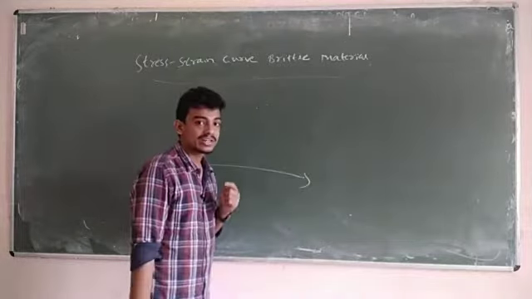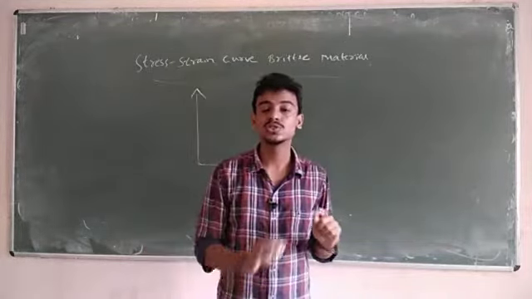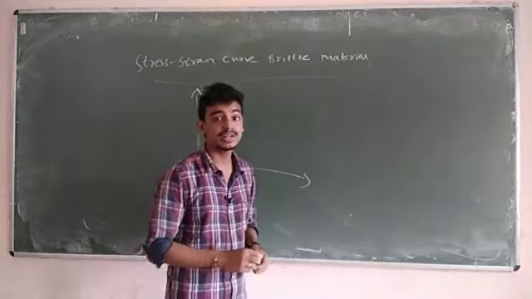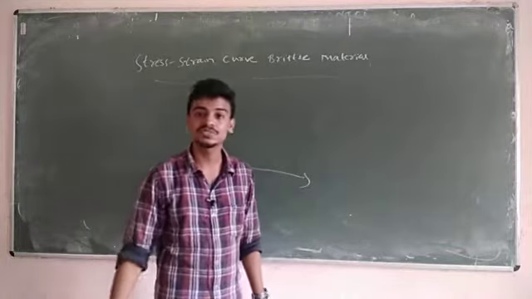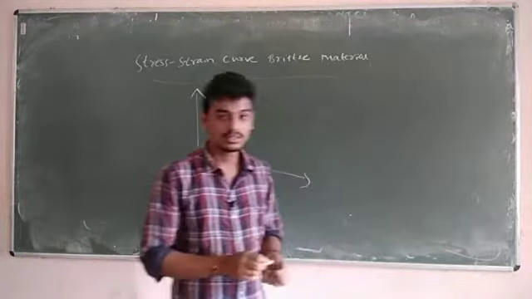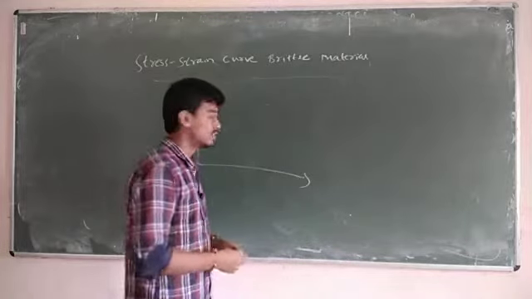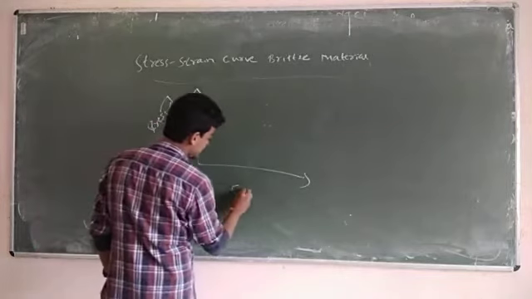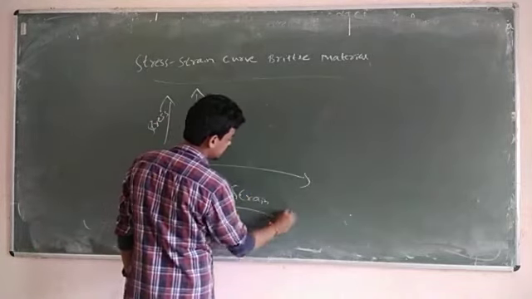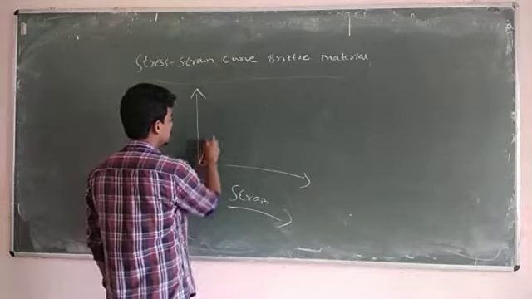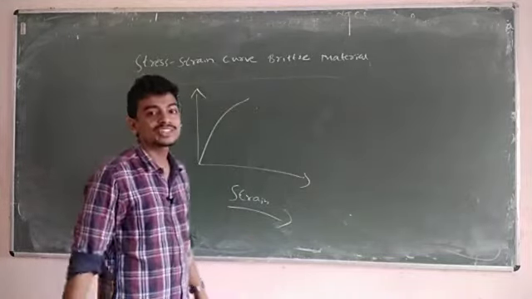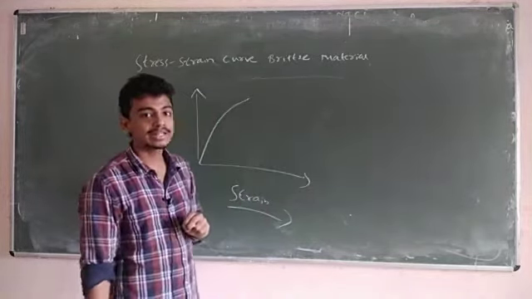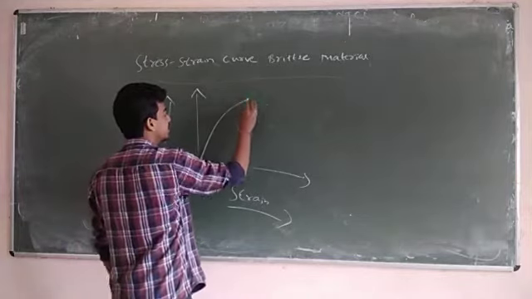I already told you that in brittle material there is no large deformation like in ductile material. Ductile materials get some large plastic deformation after the yield point, but brittle material will not get large deformation. Suppose on the y-axis we take stress and on the x-axis we take strain, so the curve will be somehow like this. There is no obvious yield point in brittle material, we just get the breaking point here.